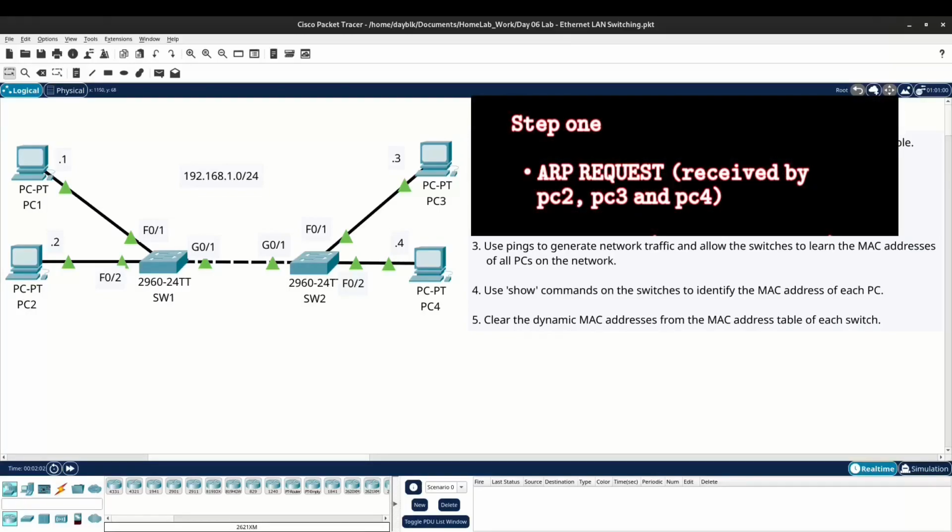PC1, needing PC3's MAC address, broadcasts an ARP request through switch 1. Since switch 1 doesn't know the destination MAC, it forwards the entire ARP request out all connected ports except port F01. This is a network broadcast. Switch 2 receives the forwarded ARP request and, facing the same situation, broadcasts it further. Both PC3 and PC4 on the other end of the topology receive the request, but only PC3 recognizes its IP address